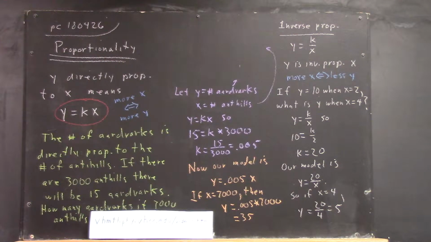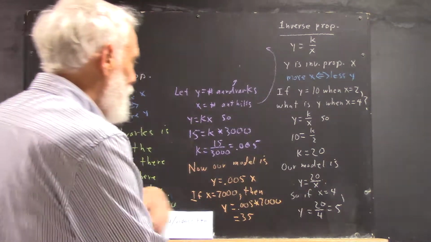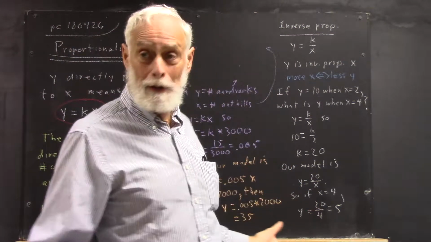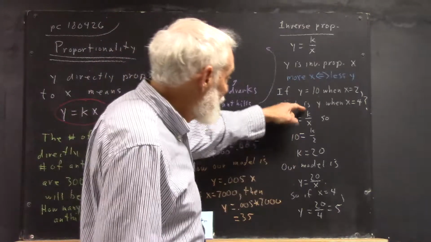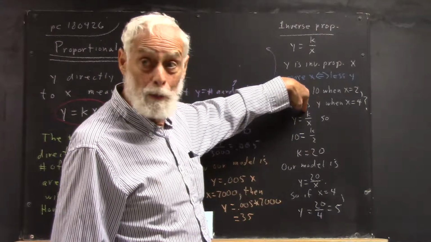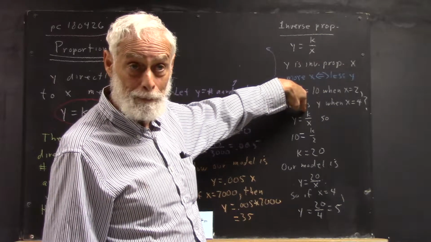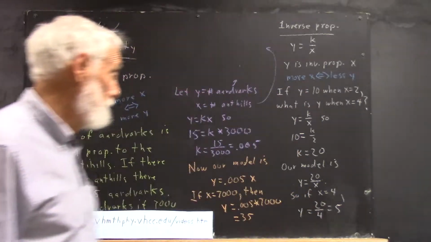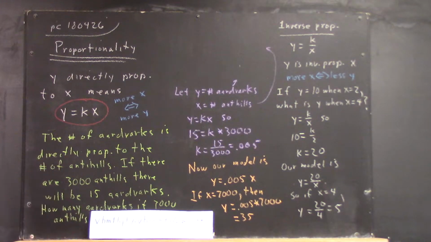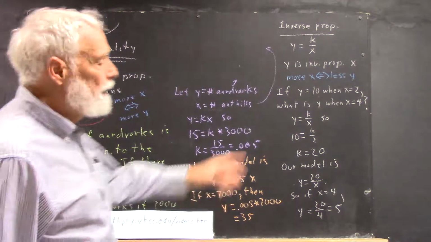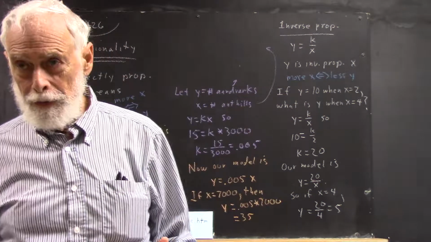It's like what we were doing with exponential and quadratic models and everything. But you've only got one data point, essentially, and one constant number, one parameter to evaluate for. Okay? So, very simple. Now, another way of saying this is, of course, if y is inversely proportional to x,